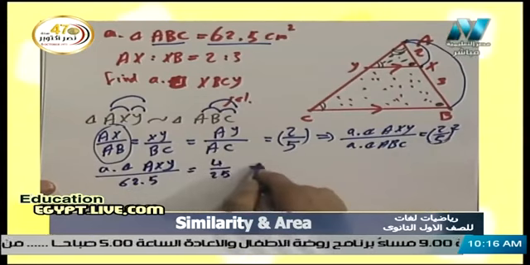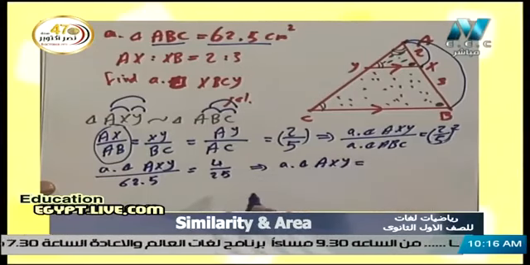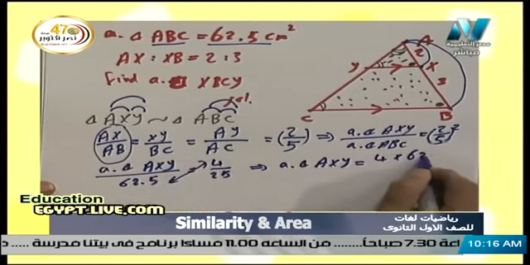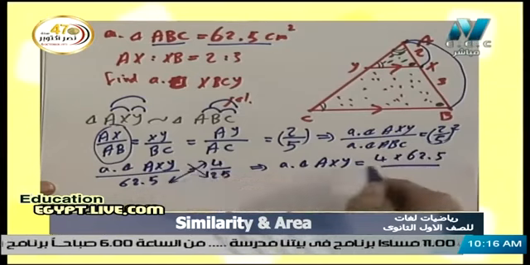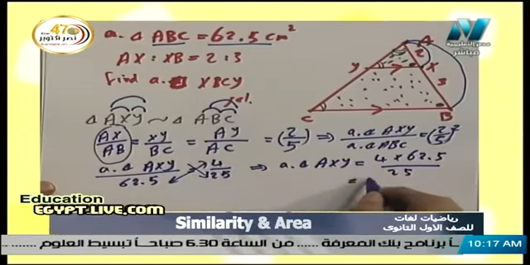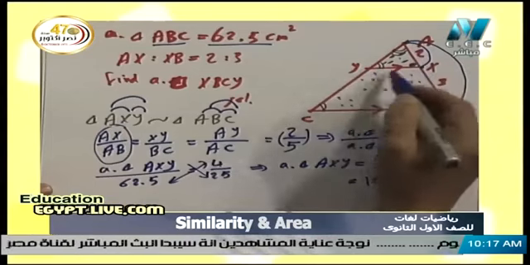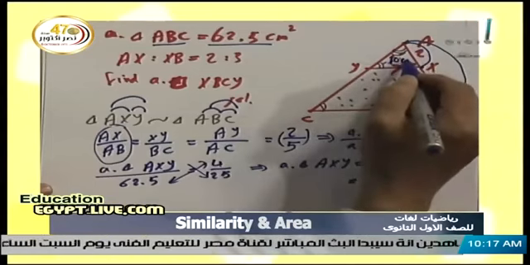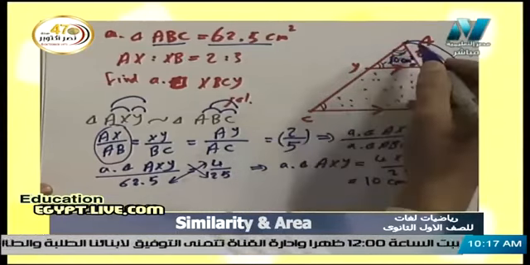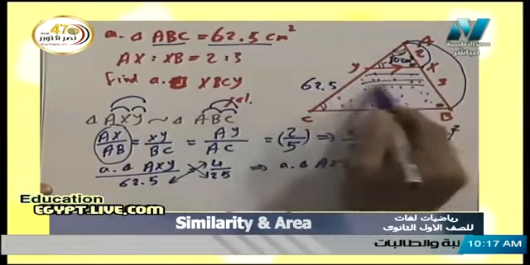Okay? We can get the area of triangle AXY by cross multiplication. We multiply 4 by 62.5 over 25 here, and we will get that the area of triangle AXY equals 10 square centimeter. So the area of triangle AXY here equals 10 square centimeter, and the whole area of triangle ABC here equals 62.5, and the request is the area